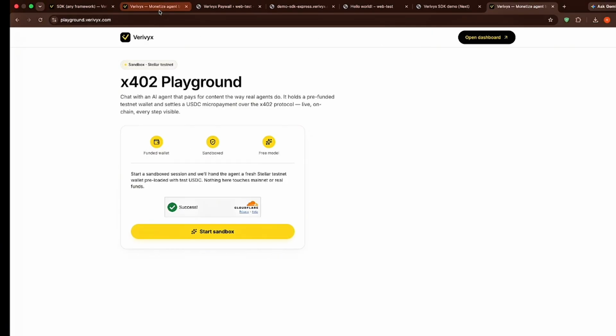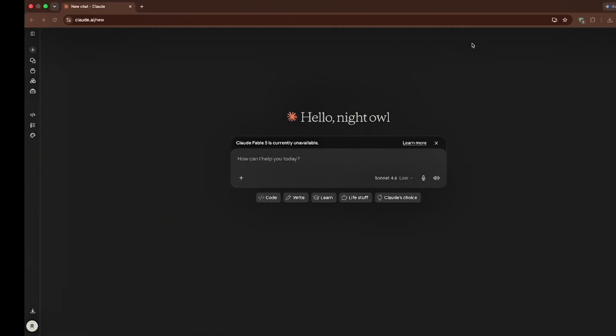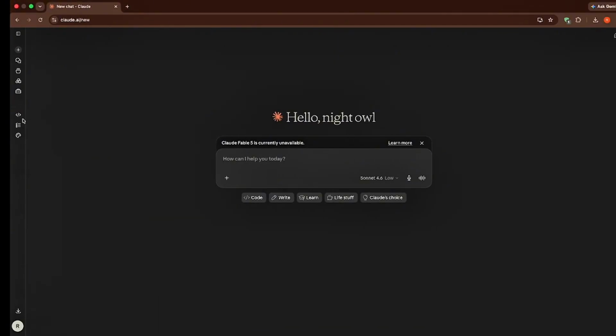Then we will perform testing using an MCP. MCP here is an MCP that allows an agent or AI to pay if it receives a 402 payment required response. So the model context protocol here is still in the development stage and early access only. Let's try it. To use the model context protocol,